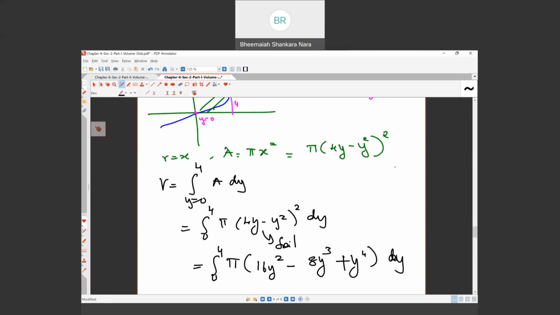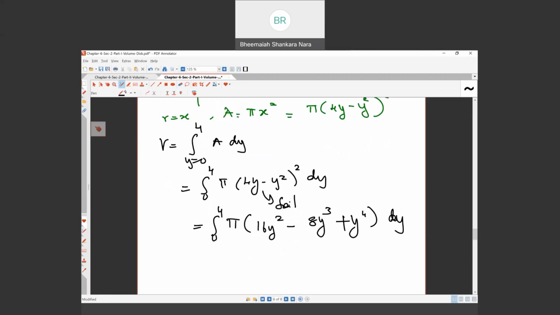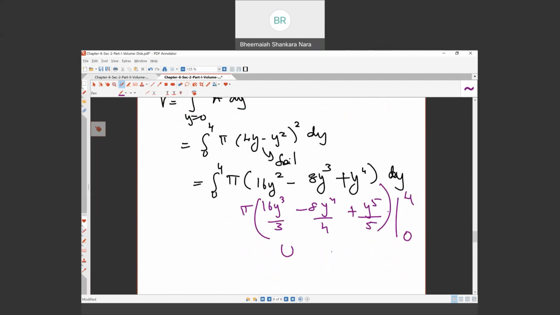You integrate, apply the limit. So let me integrate it for you. This is 16y cube divided by 3, 8y to the 4 divided by 4, y to the 5 divided by 5. You have a pi multiplication outside. Now we are all set to apply the limits. The lower limit 0, upper limit 4. So you do a calculation for upper minus lower limit. And then check if you get the answer as 512 pi divided by